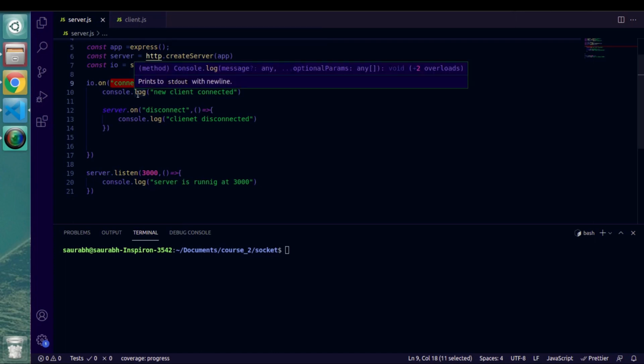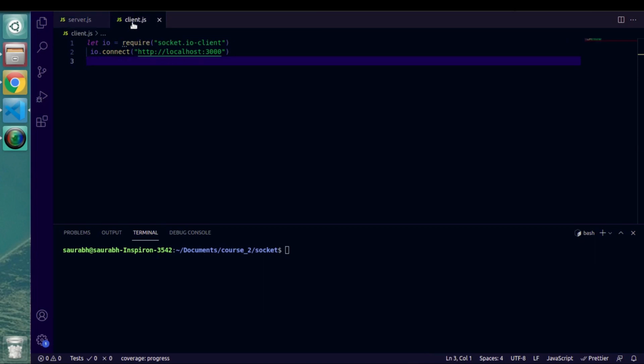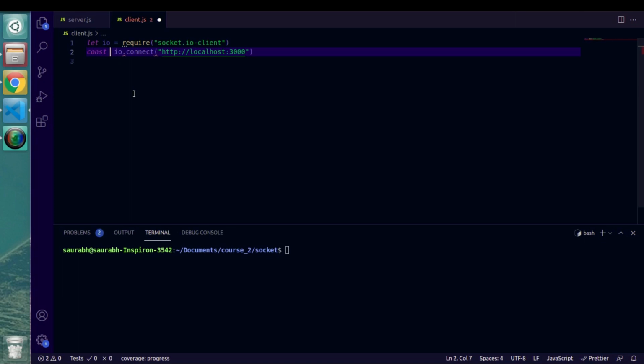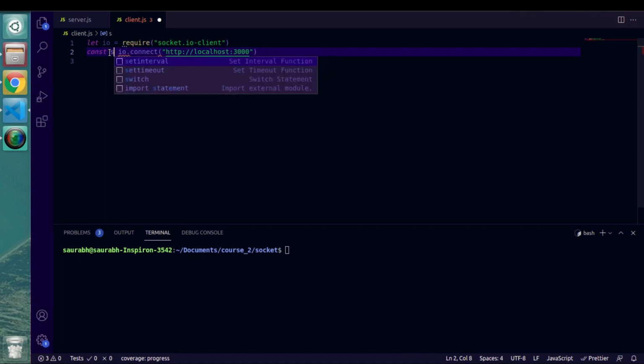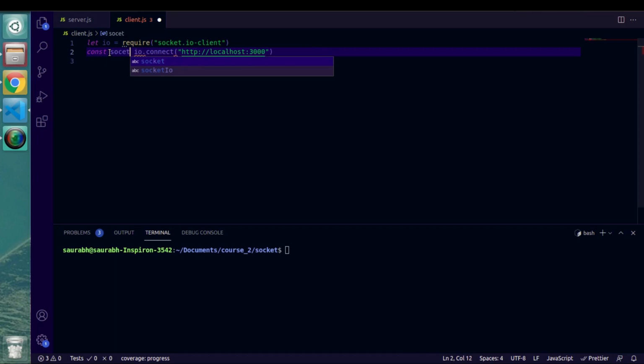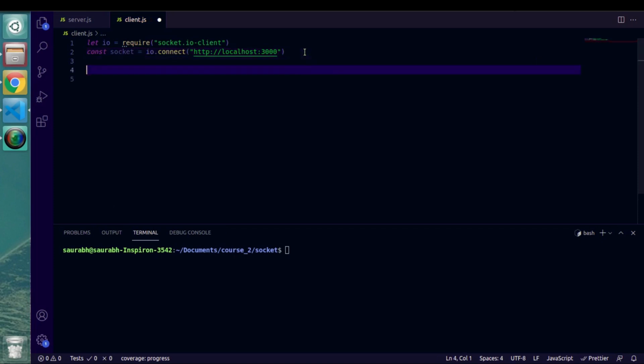So let's go inside the client.js file and let's quickly create one variable after we connect to that particular server. So this is the way we connect to any server and any particular port number. So let's save it in one variable. Let's give it a name, server, or let's say socket. That is the best name. Okay, and so we can use this variable for creating events.